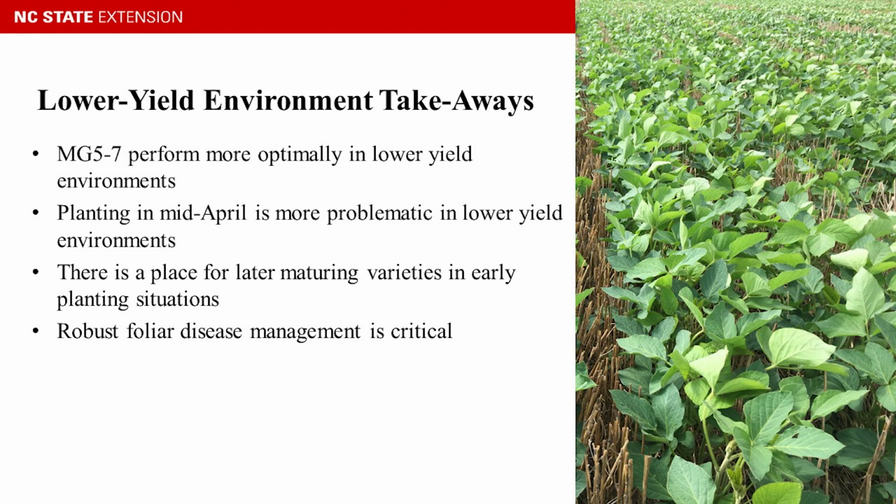So if you look at our data in lower yielding situations, we generally cut that off around 50 bushels, 60 bushels per acre. The lower yielding situations we've seen maturity group 5 through 7 perform more optimally. We've seen it be very problematic to plant before mid-April in those more stressful environments. And we've seen a place for later maturing varieties in those earlier planting situations if you're shifting there, as well as continued robust foliar disease management is critical. So I would say those are some broad generalizations, but we'd like to get more